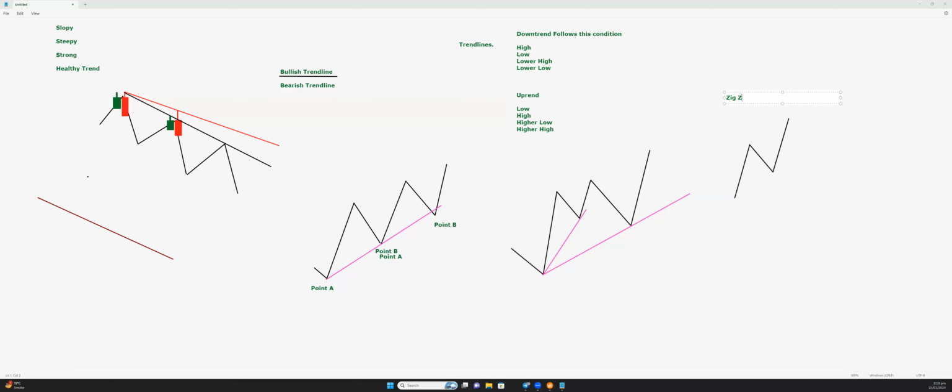This is called a zigzag. And we have this point considered as a low. This point considered as a high. And this point is also, we have a higher low. And this is a higher high. And also when we are drawing the trend line, we are considering this point. Now in the trend line, which strategy we can use and how we can use that strategy, for example, for the trading.